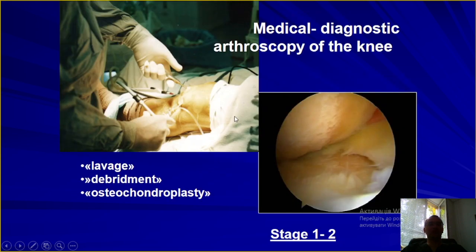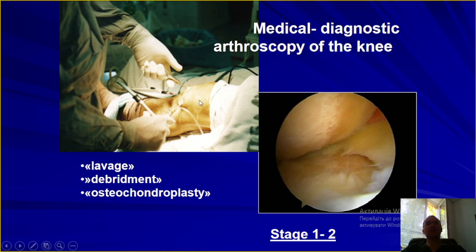Arthroscopy is used as a treatment method mostly, but sometimes it is used as a diagnostic method when we see no changes on the X-ray, or we don't see changes in MRI, but patients have complaints which show us that osteoarthrosis has developed, and so then we can use